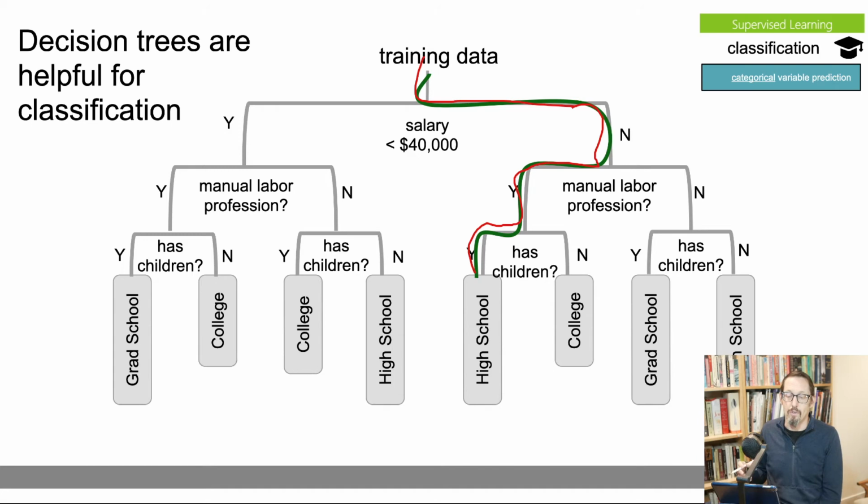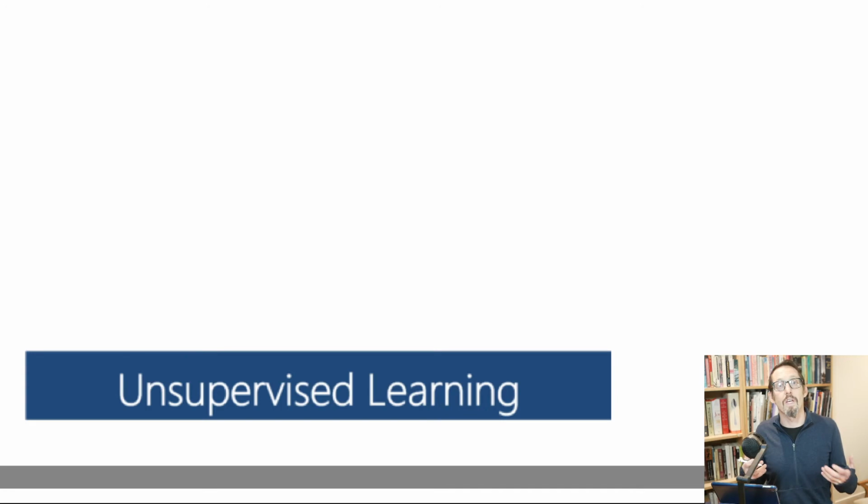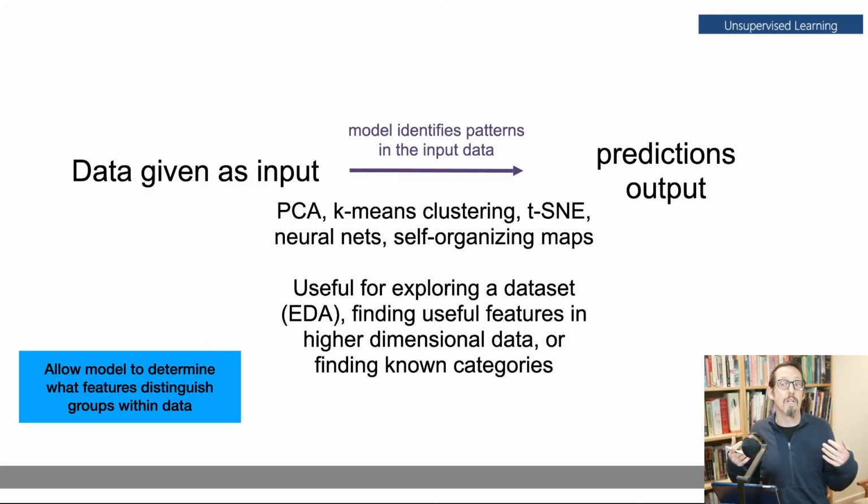All right, so decision trees, yeah, they're good for classifying things. And once again, they are a supervised algorithm. To create them, you had to have labeled training data, just like the regression. Now, the flip side of machine learning is unsupervised learning, right? Where what we have is something which is not labeled, where the algorithm is extracting information and regularities that are helpful by itself. So the data just comes in, it goes into this model, the model identifies patterns and produces an output, a prediction.